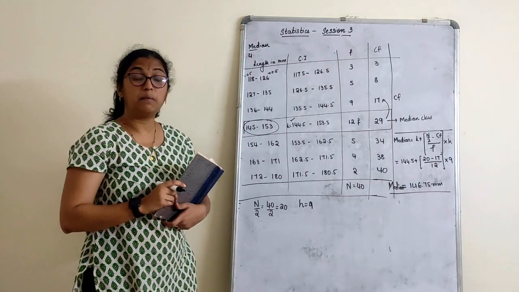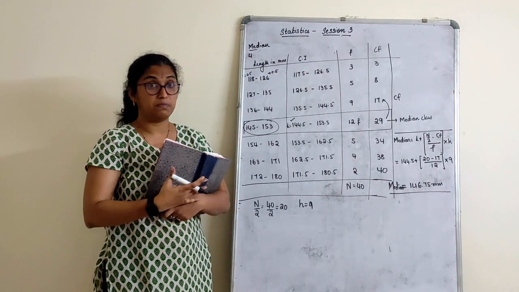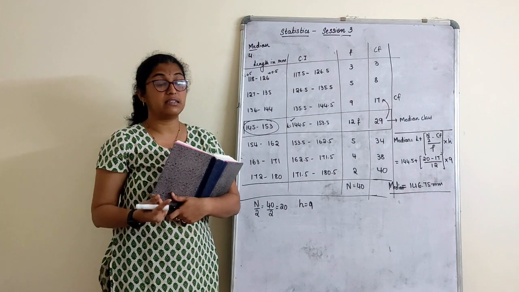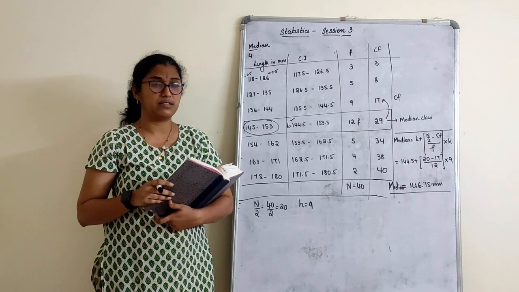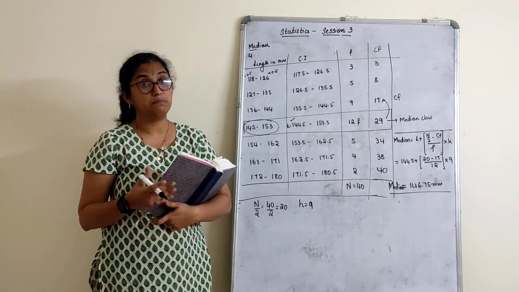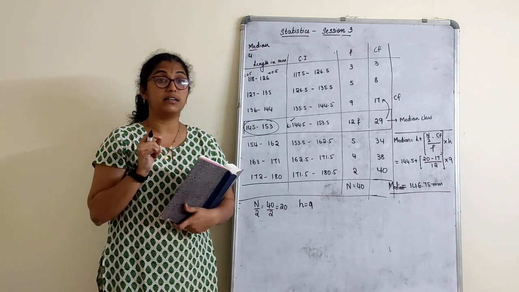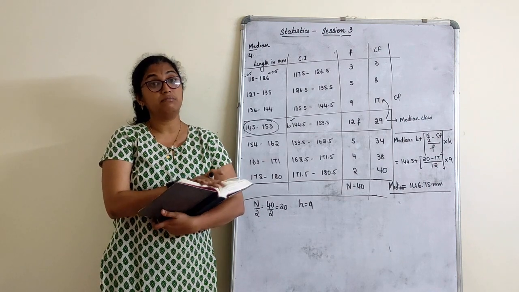Okay. So there we complete median. That means we completed the statistics part, the presentation, analyzing and everything. The next part in statistics is again very important: the graphical part, that is the ogive, where we learn to construct a very simple one. With that we can also calculate median, which we will be doing in tomorrow's session, and that comes in the graph book. So complete your homework so that you will be perfect in mean, median and